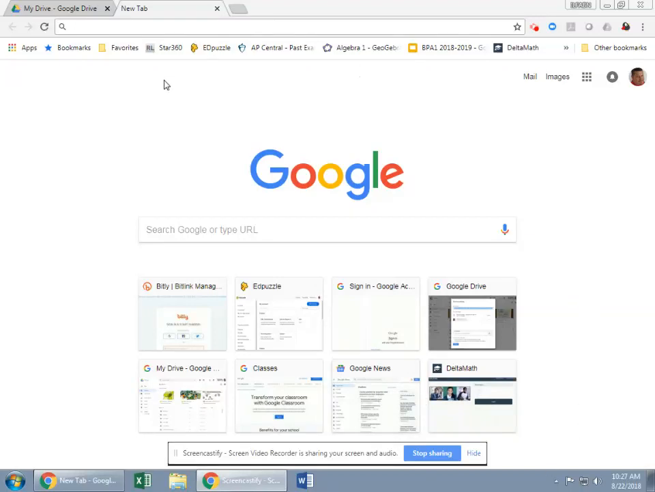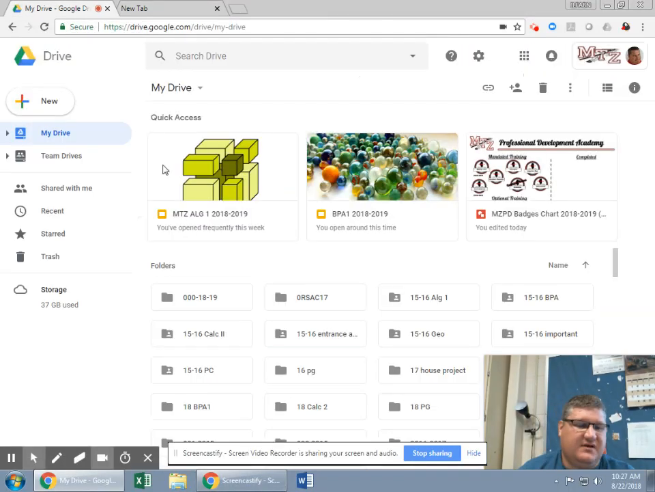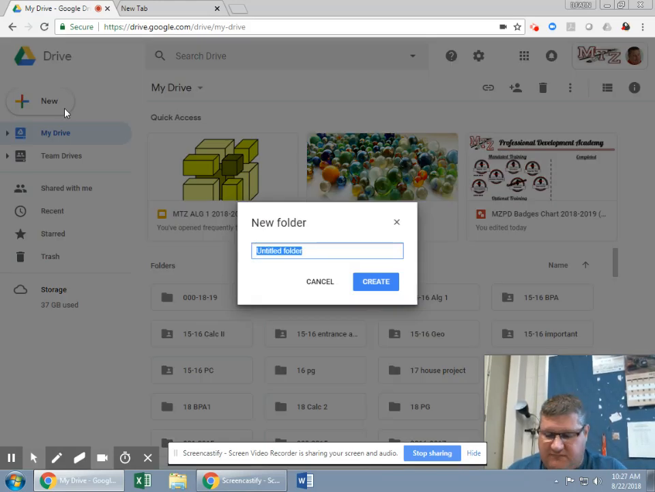Okay, ladies and gentlemen, let's take a look at Google Drive. Now, we want to make sure that we have a little bit of training on Google Drive because we need to organize that. So the first thing we're going to do is go up to New. We're going to create a folder, and that folder is going to be